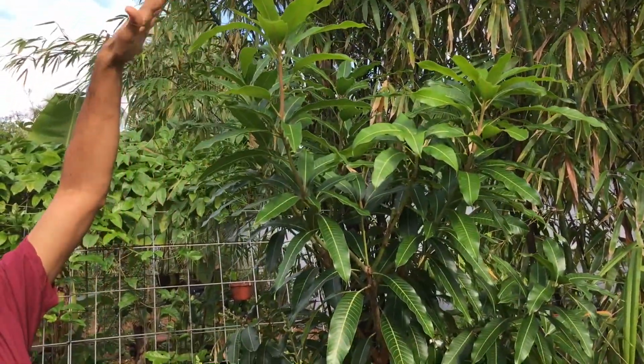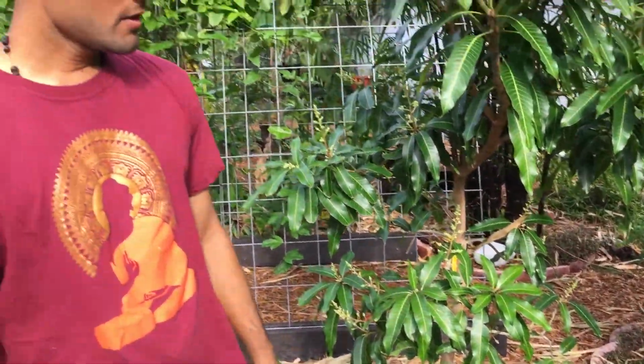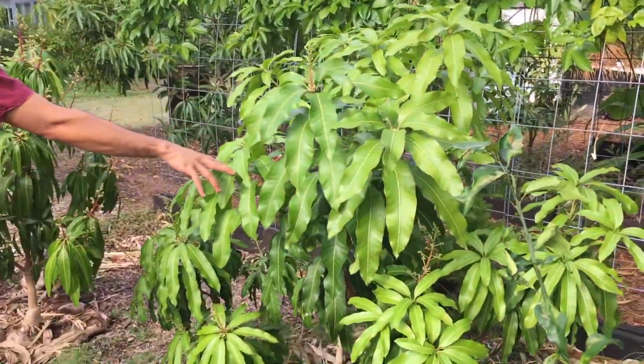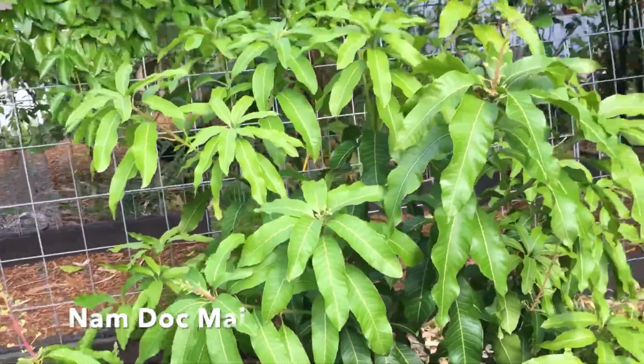Not much on the top branches, but the lower branches have a lot of blooms. There's only one, there are 3 more mango trees, so it's taking a lot of time, but we have so many trees. This is a Doc Mai that also has a lot of blooms. Not all the branches, but